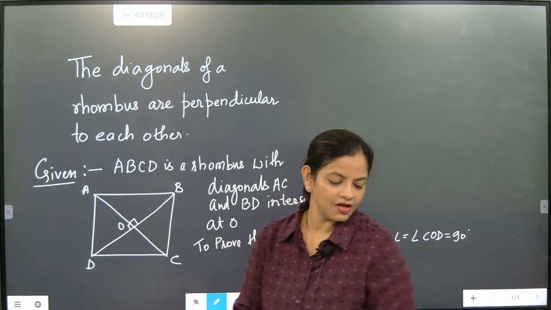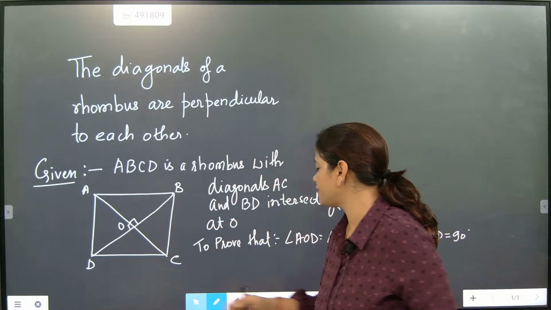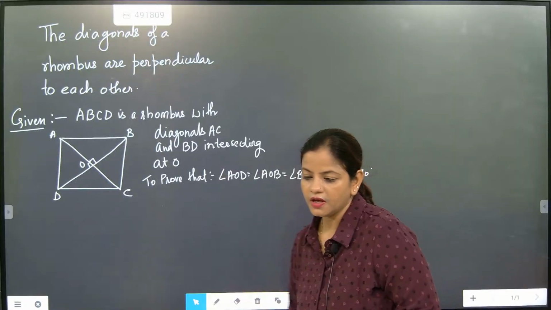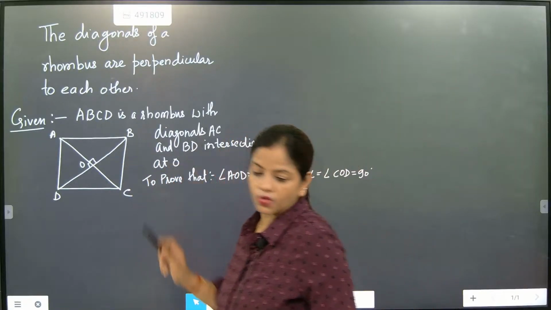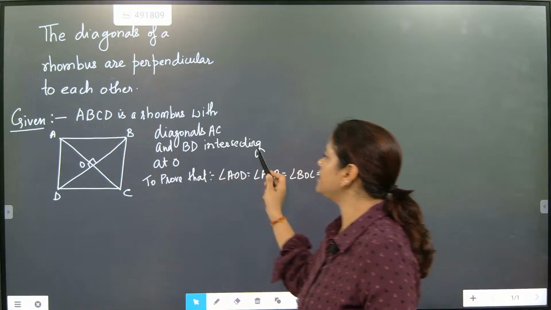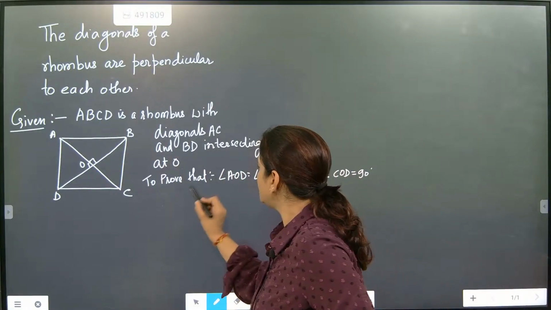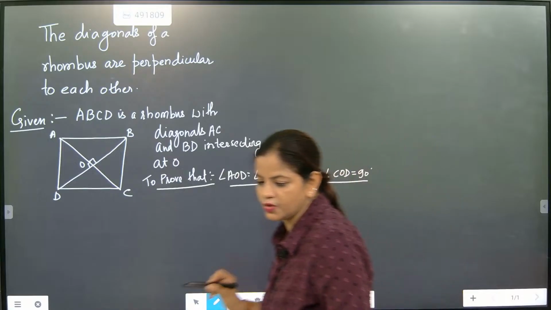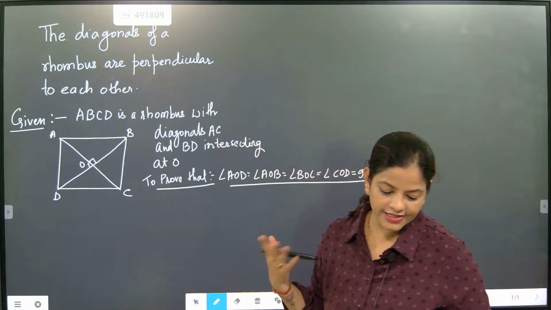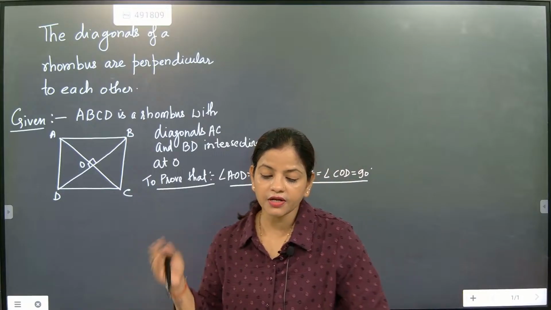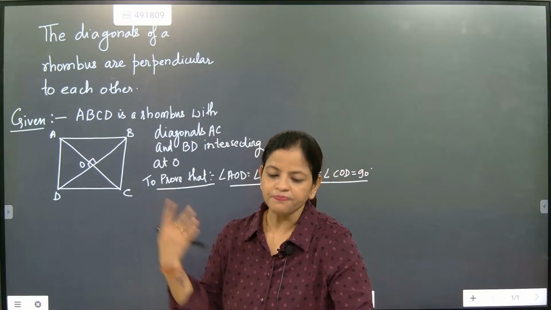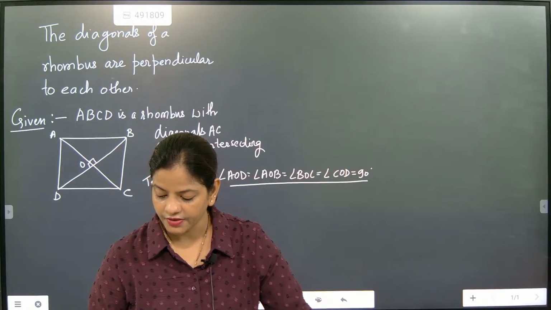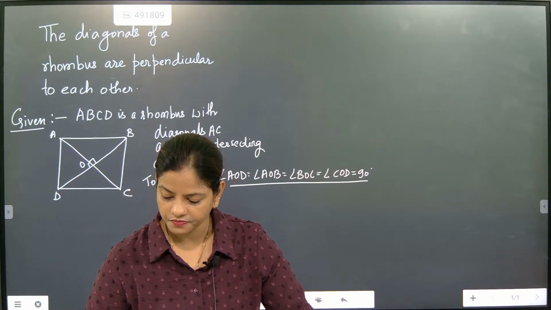So this is exactly what we need to prove: ABCD is a rhombus with diagonals AC and BD intersecting at O, to prove that angle AOD is equal to 90 degrees. Now, we know that a rhombus is a parallelogram. What is the meaning of that? If a rhombus is a parallelogram,